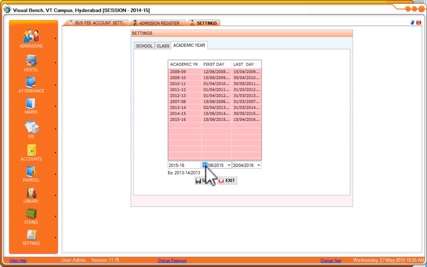Let's say 17th is the start date and 25th is the end date. Once you change the dates, you can save it. It's automatically overridden. For the session 2015 and 16, these dates are changed. This is how to edit the academic year.